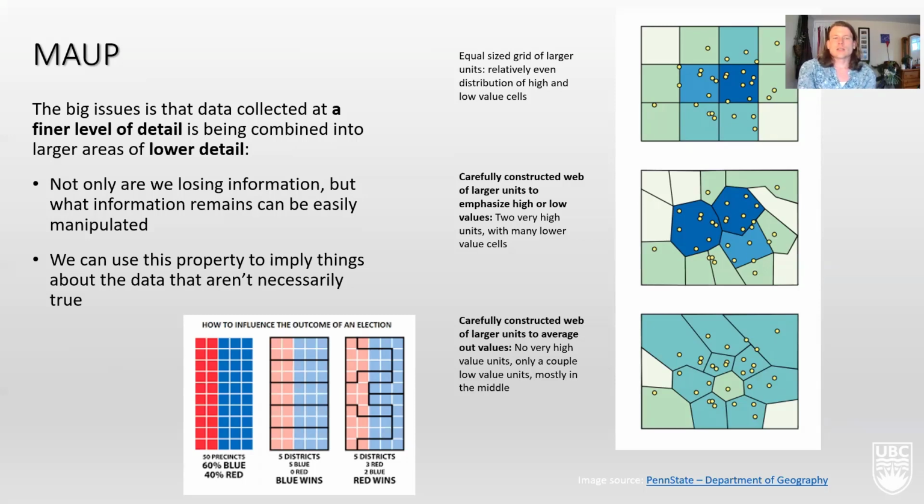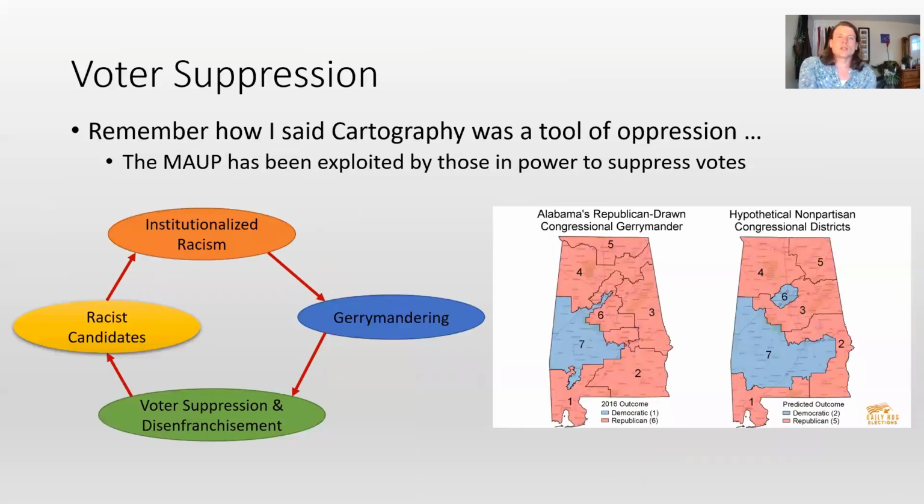So, for instance, you could have a population that votes 60% blue and 40% red. If you drew 5 districts one way, you could get all blue. And if you drew 5 districts another way, you could actually rig it so that you end up with 3 red and only 2 blue. And so this has been exploited in many places. It's a process called gerrymandering.